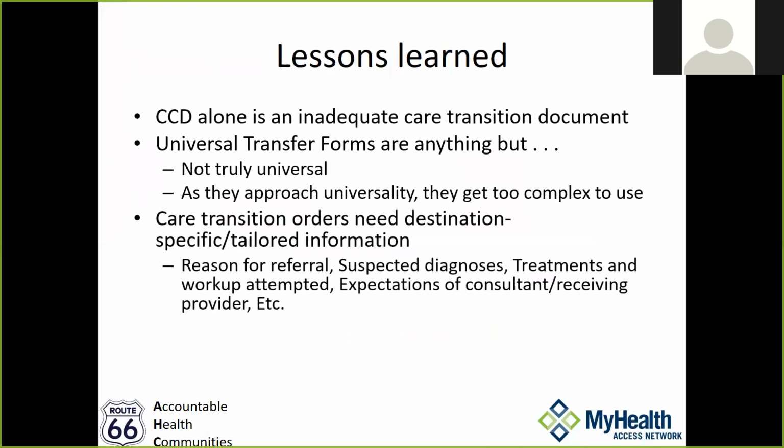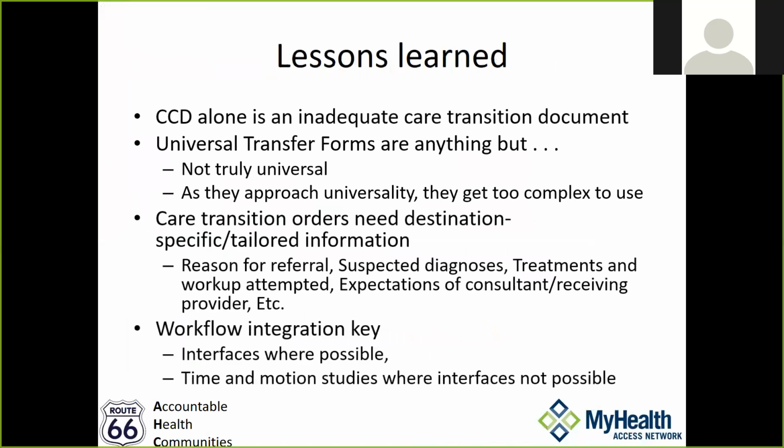And we learned some important lessons, that it's not enough just to have a standard piece of paper that everybody fills out to make these referrals, or even an electronic piece of paper that's standard. Each receiving organization, like a food pantry, like a transportation agency, they need to know different things about the client. They need to know where they're starting. If they're transportation, they need to know where they're originating, where they're going to, where they need to go back to, what's the timing of it, any special transportation needs. A food pantry needs to know other things. They need to know numbers of people in a family, any dietary restrictions, allergies. And ideally, in our world, as a clinician, I'd like to be able to tell the food pantry this patient needs an 1,800 calorie diabetic diet in order to be healthy.